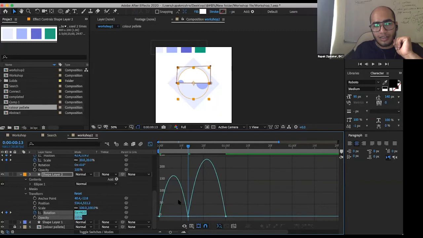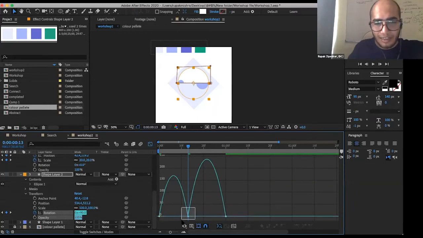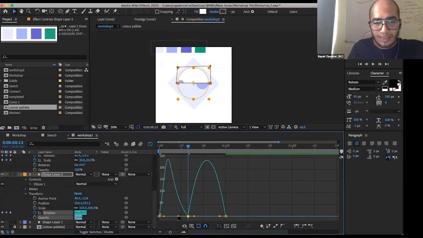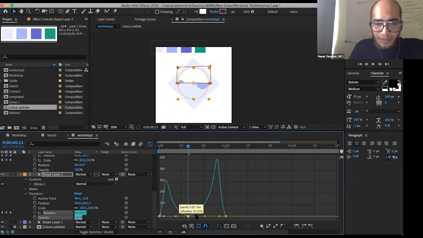We want to select the middle one, drag and select the middle one. Okay, so we have selected the middle keyframes so that we can adjust their graphs from both sides. What we'll do, we'll take the left corner first, we'll drag it towards the left so that it starts first and ends slowly. And we'll do the opposite thing to the right side. We'll drag it in the opposite direction so that we have a very smooth curve in between.